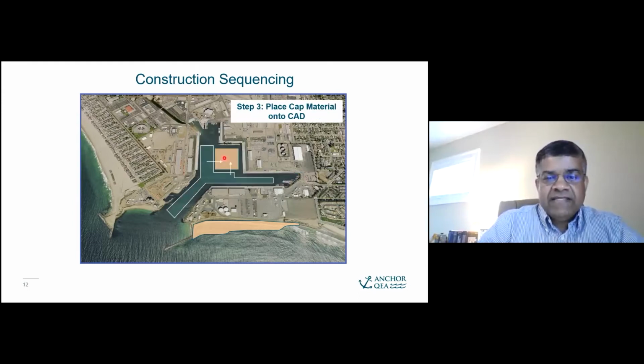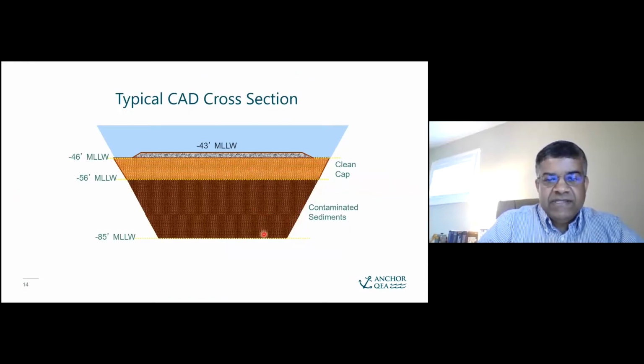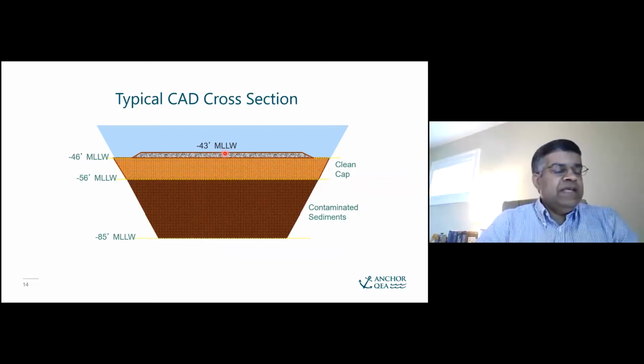And then the final step was they came back and put the capping material or the clean material on top of this. So here's the filling process, the excavation process, the dredge working there, this filling process with the typical scow split hull, raining the material down, again as low density placement. You can see the schematic here, and significant amount of placement of contaminated sediments, following which the final concept is they would have this riprap armor, and why that was put in this case was because it's really the issue